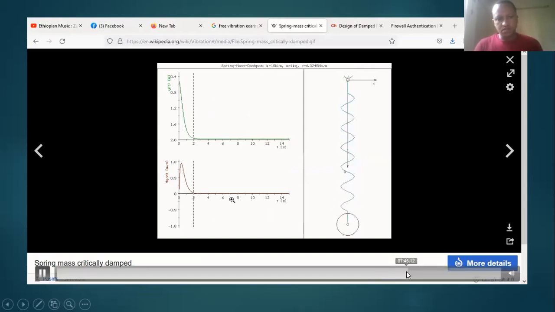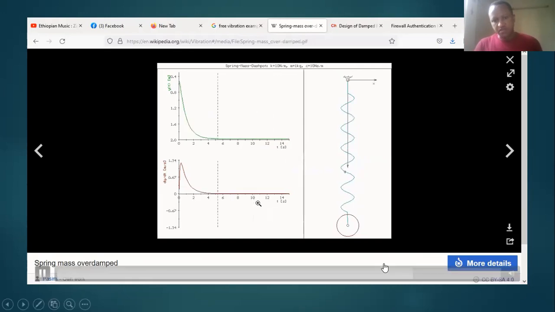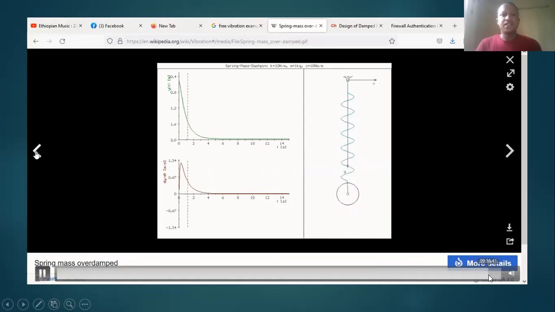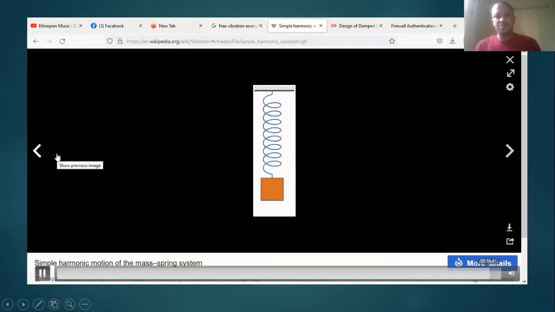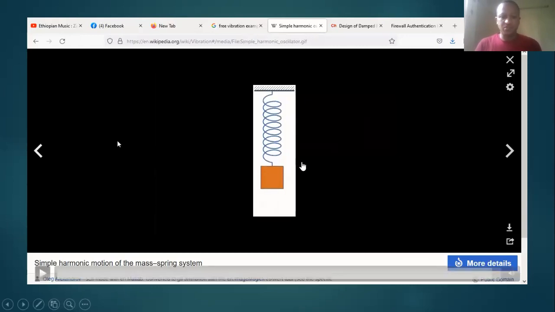And we have also, this is actually the critically damped case, but how about the overdamped case? The situation is almost the same, but in the case of overdamped, it goes to some point and immediately ceases there. So let's go to our